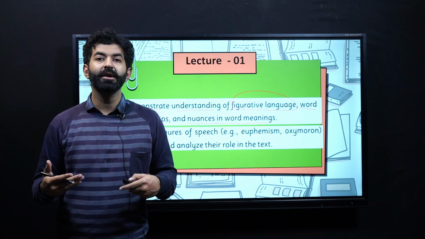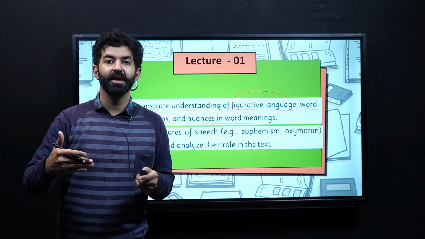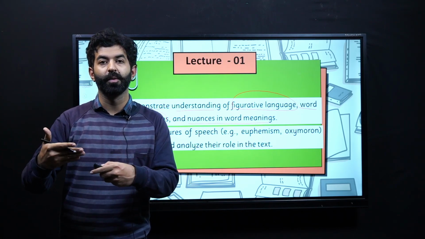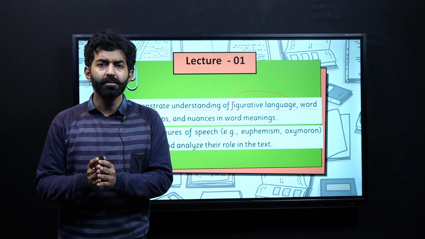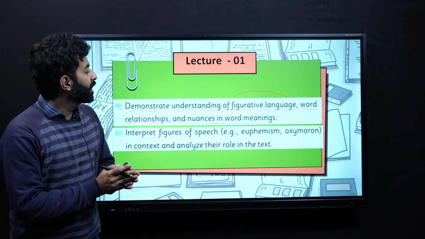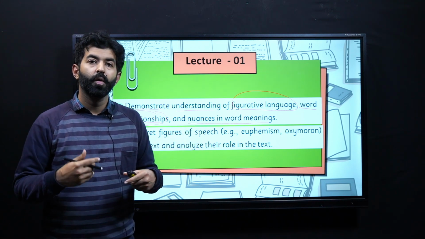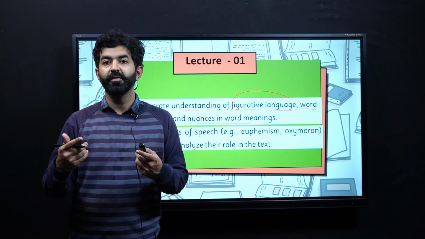In Urdu, you call it pehlu. Like ek alfaz ke kai pehlu hain, pehluon mein matlab hai. So, alright, in the same way, we are going to see that how one word or there are different words